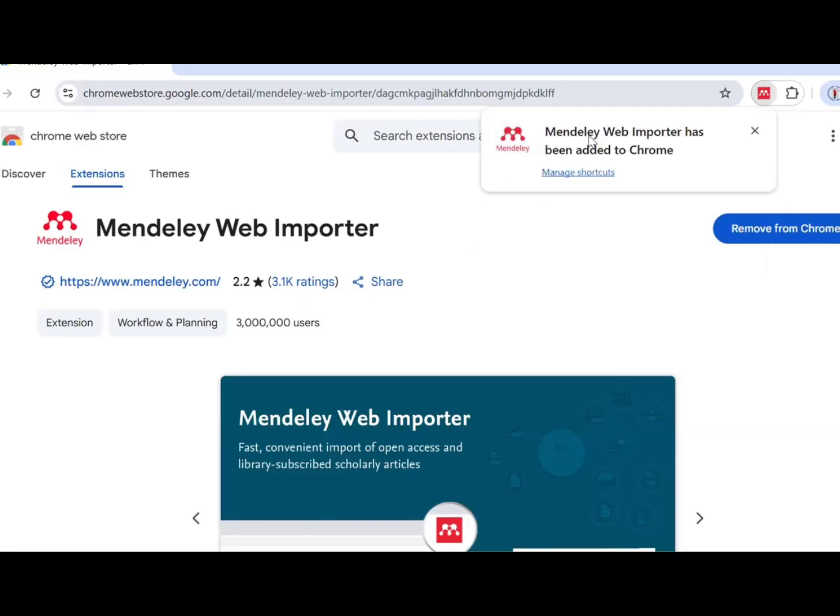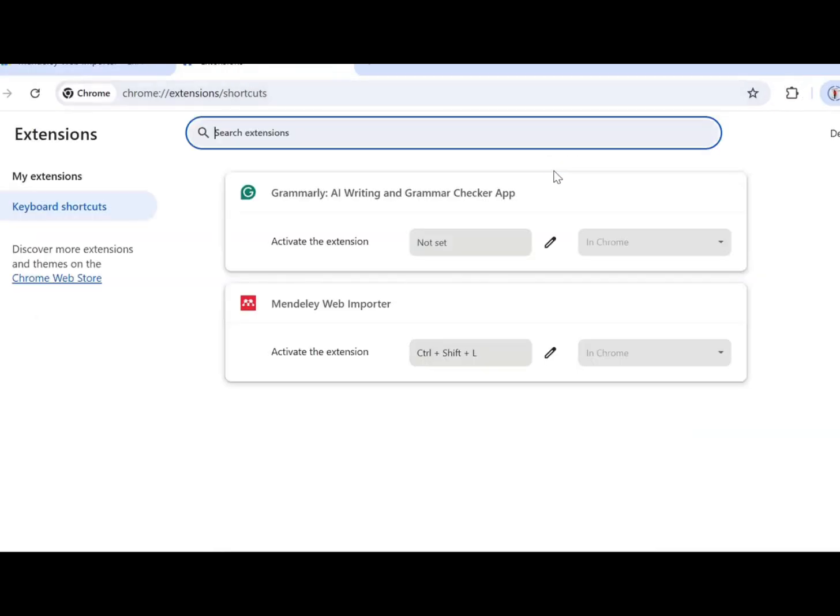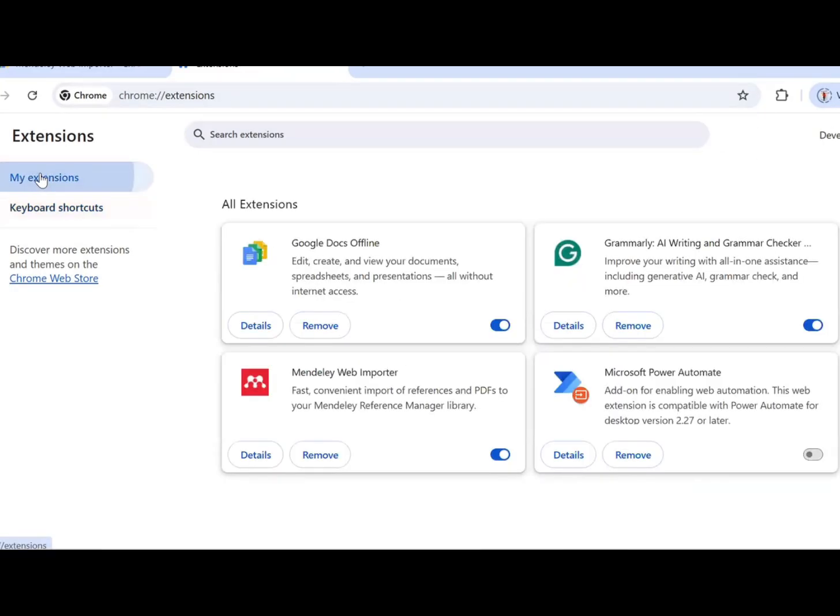It shows here Mendeley Web Importer has been added to Chrome. You can click here to see exactly if it has been added or not, but it has already been added. You can manage your shortcuts, or remove some of the shortcuts you have. I click it and it shows that it has been added. You can also click on My Extensions to see the several extensions you have in your Chrome,